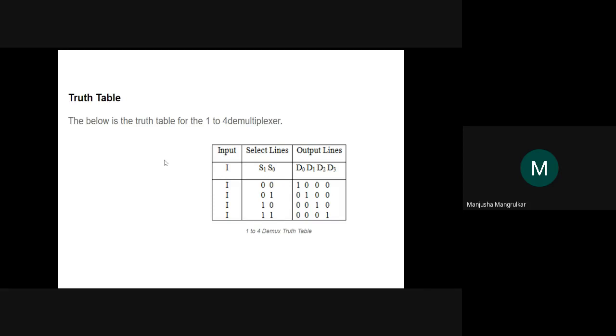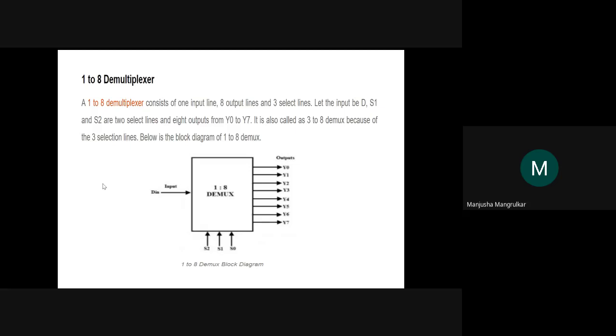A multiplexer has the AND gate, OR gate, NAND gates truth table. There are 16 inputs and then one output. So what will be the output of that data, right? Just as the mux has 2 is to 1, 4 is to 1, 8 is to 1, 16 is to 1, the same way the DMUX also has 1 is to 2, 1 is to 4, 1 is to 8, 1 is to 16, 1 is to 32, 1 is to 64, and so on, right? So it depends upon 2 to the power n.